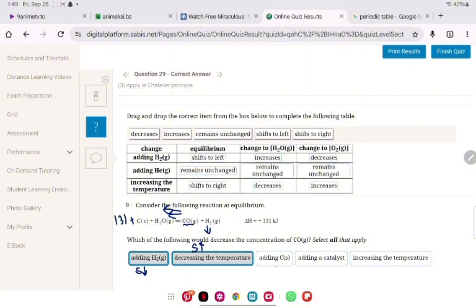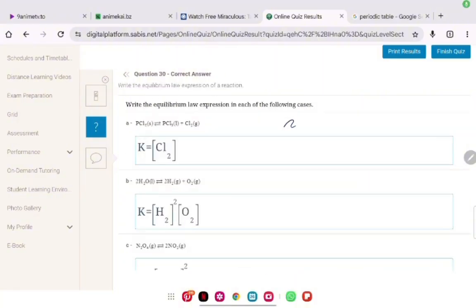Adding C, let's see. If you add C, the system will try to decrease the amount of C. So if you want to decrease the amount of C, you're going to move forward, so it's going to increase the amount of CO, so it does not decrease the concentration of CO. This is wrong. Adding a catalyst does not affect equilibrium. Increasing the temperature, since we said decreasing the temperature is the answer, increasing is obviously not going to be the answer. Here the rule for K is